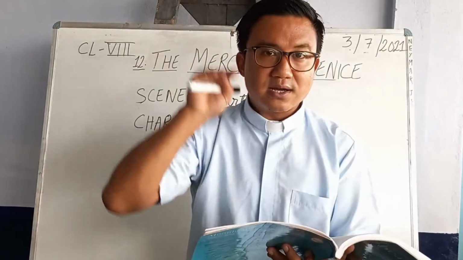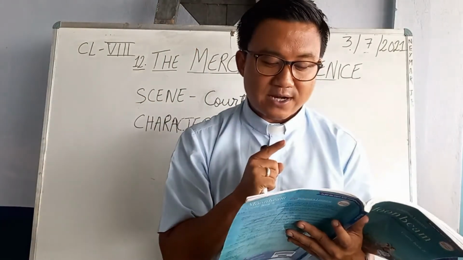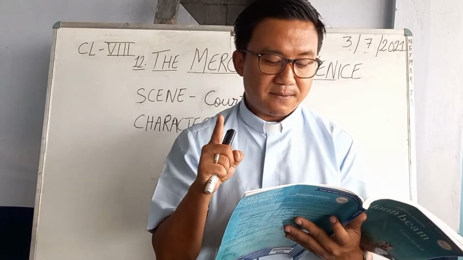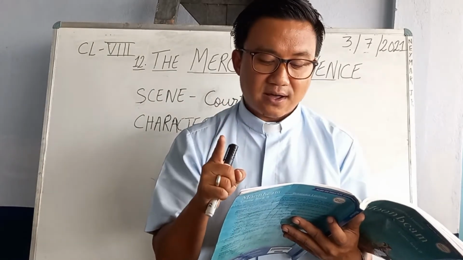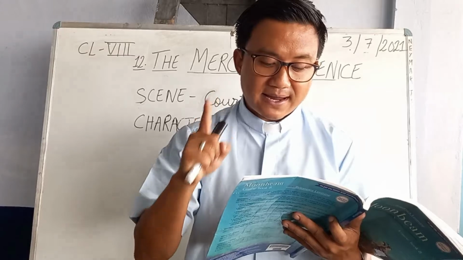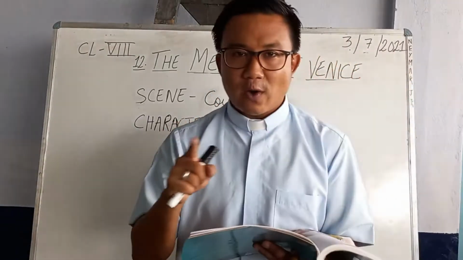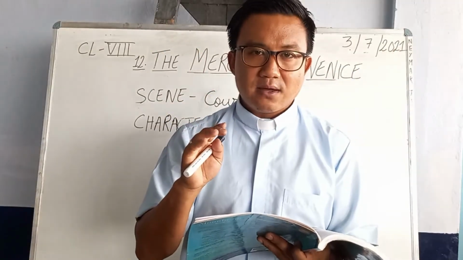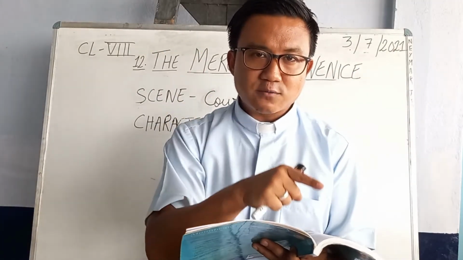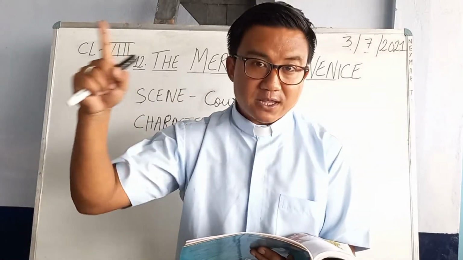Then Bassanio interrupts. Bassanio says, yes, I am willing to pay back the money for Antonio, twice the sum if the money lender wants. If that's not enough, I am willing to pay 10 times that amount and pledge my hands, my head, my heart as security. Now Bassanio is the friend of Antonio. Now why is Bassanio able to pay? Because Antonio had borrowed money from Shylock not for himself, but for Bassanio.